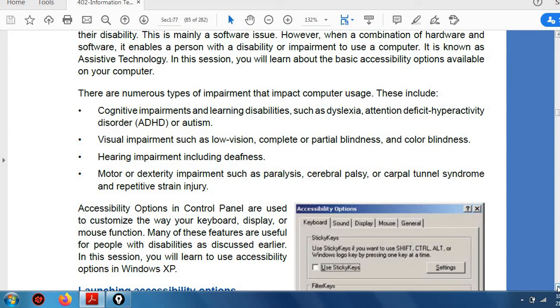Next is visual impairment, such as low vision, complete or partial blindness, or color blindness. Okay, and third is hearing impairment, including deafness. Deafness means unable to hear, right? Next is motor or dexterity impairment, such as paralysis, cerebral palsy, or carpal tunnel syndrome, and repetitive strain injury.